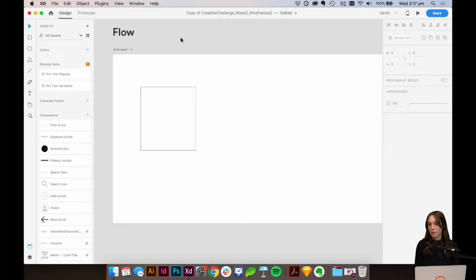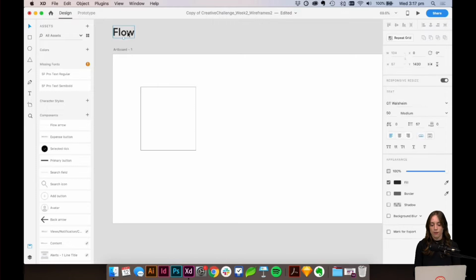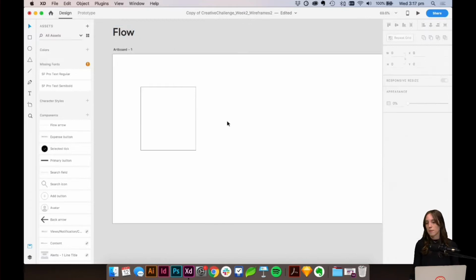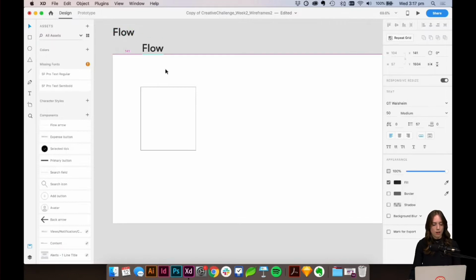Something I'll just flag is that I am using a font called GT Walsham, which is the brand font for Wildcard. Now, you probably won't have it, or if you do, that's great, but if you don't, worry about it. There are a lot of similar ones on Google Fonts which are free to download. So I think maybe Montserrat, and I think there's one called Poppins, which are really close to this. So feel free to grab those and just replace the fonts with it. I just anticipated maybe getting that question at some point. All right, so